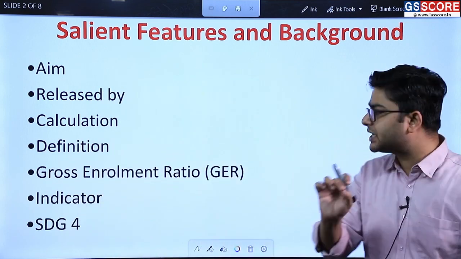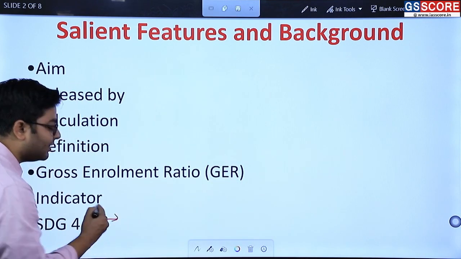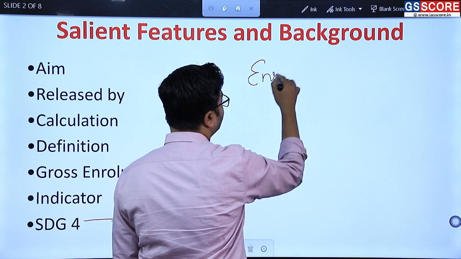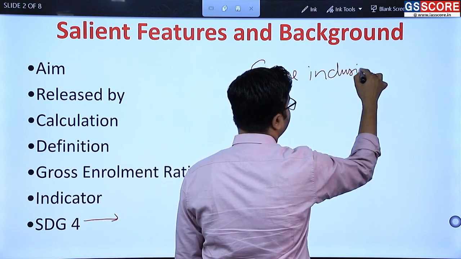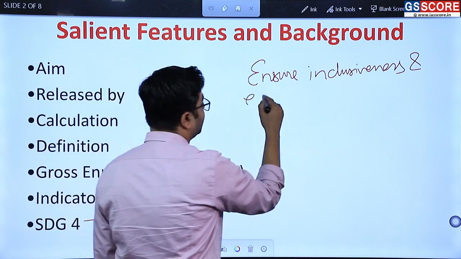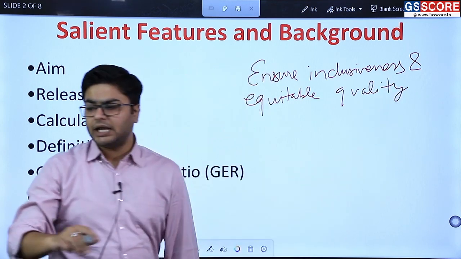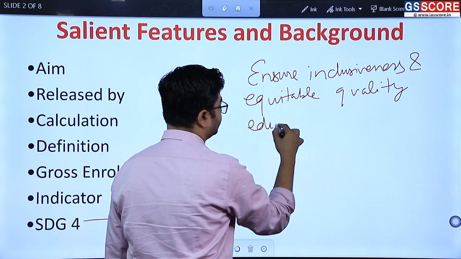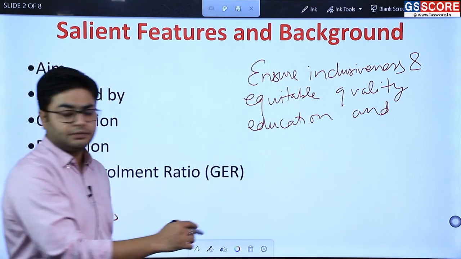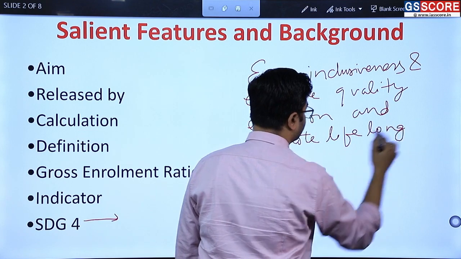One more thing which is of significance here is the indicator aspect. Apart from the indicator aspect is the Sustainable Development Goal 4. The Sustainable Development Goal 4. It says ensure inclusiveness and equitable quality education and promote lifelong learning